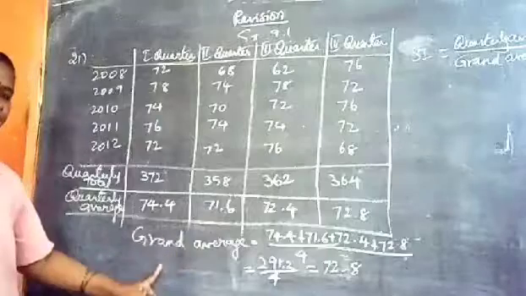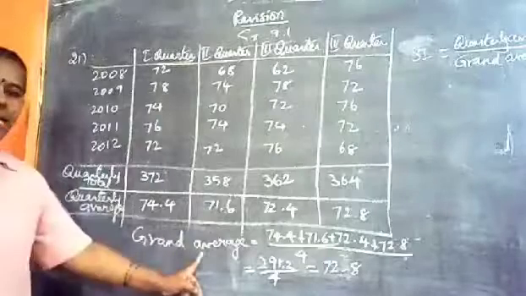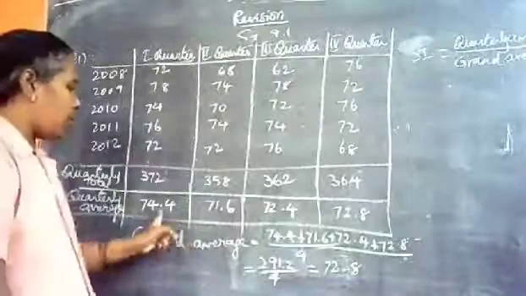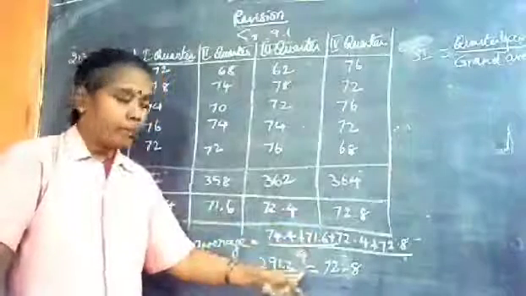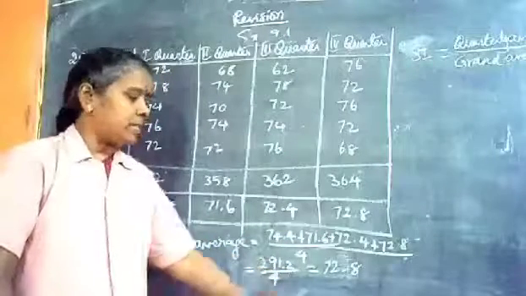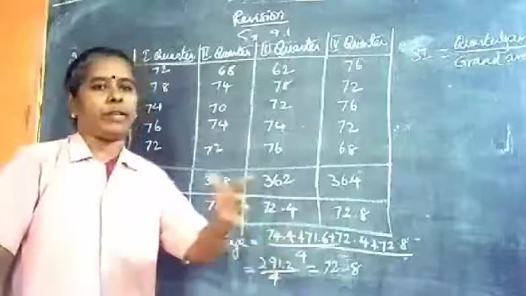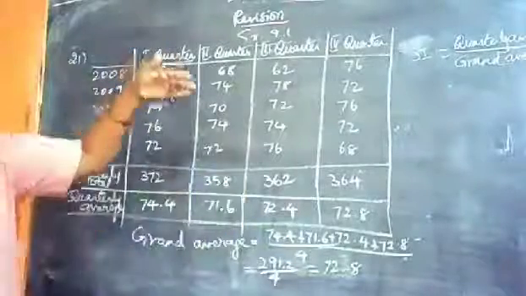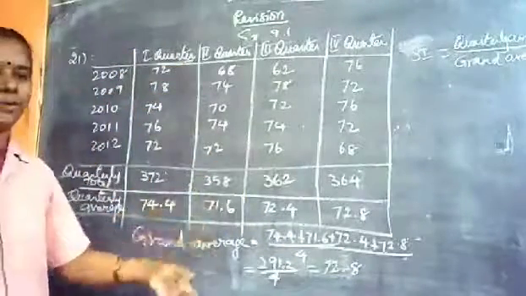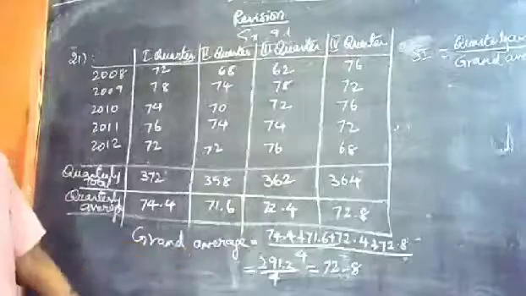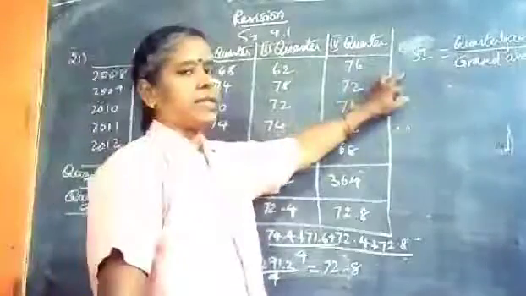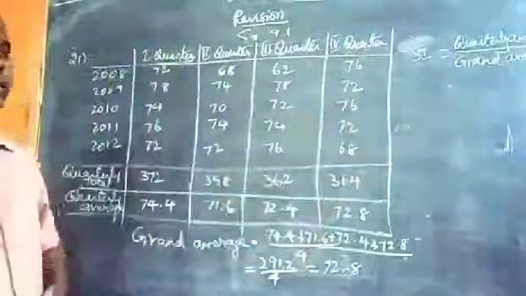So you will get the step marks for this. Definitely you should write it like this: grand average equals the sum of the averages divided by 4. Show all the steps and give your solutions so that you will get the step mark. Even if there is a mistake in some step, you will still get a mark for the earlier steps. So you must give all the steps clearly. Let us move to the next answer, that is the seasonal index.